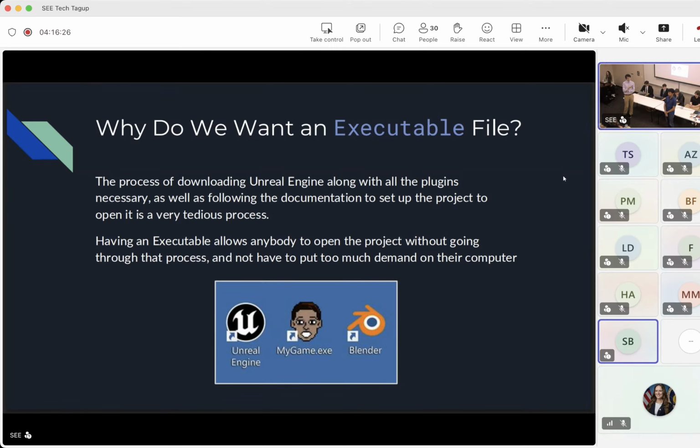So building an executable allows it to be opened by anybody with even less requirements for a good type of computer. Originally we weren't able to open the Unreal Engine itself on our laptops, but now we can have it work on our laptops. And it's a lot easier to share around. You just put it in a zip folder and you can send it to anybody. So if we go to the next slide,